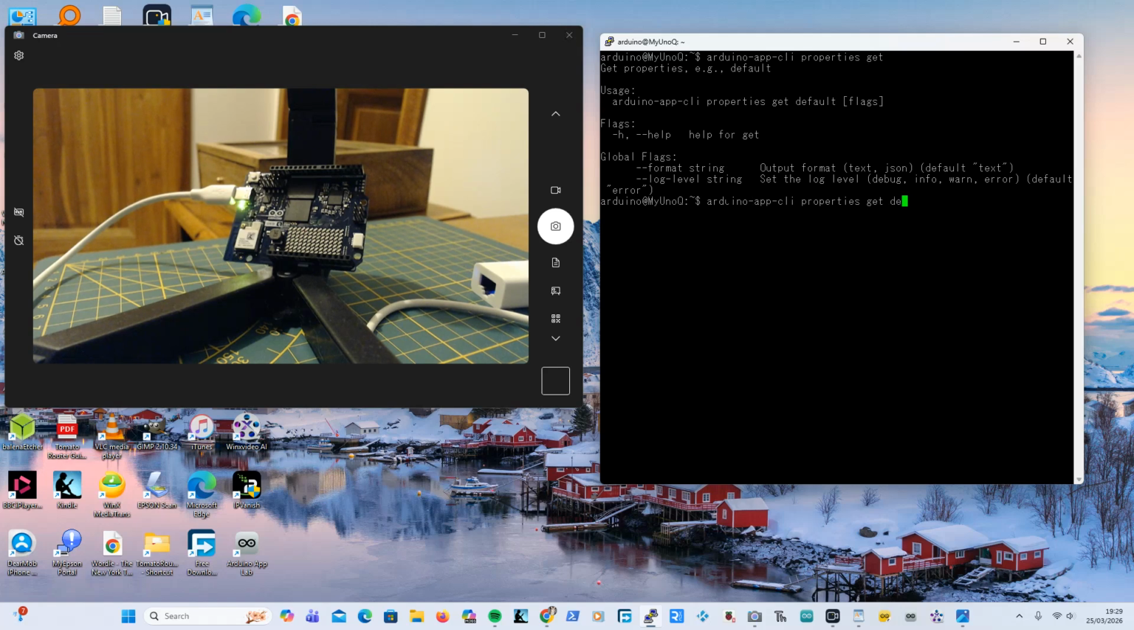Get default, you stupid woman. Right, get default. It says no default set. That's because I haven't set it. So if I decide I want to set default, I go set default, and I can set it to